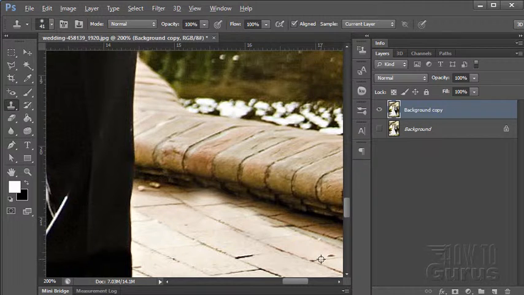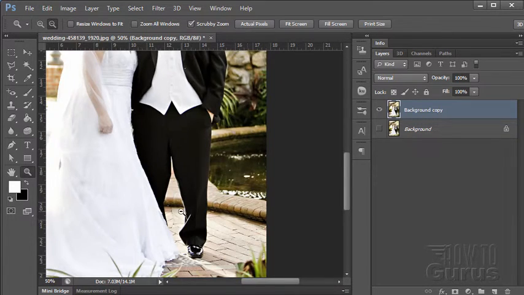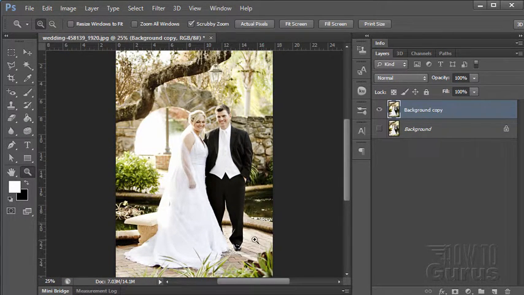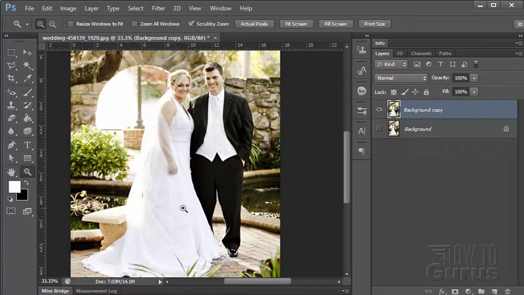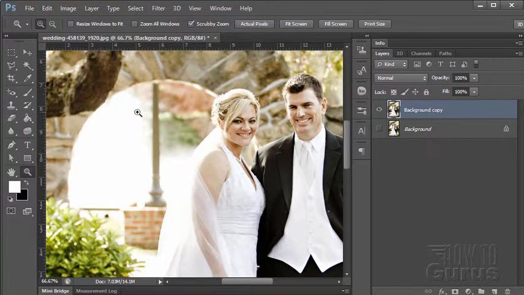It's real tricky when you're doing this kind of fix on an image like this where you have lines. You have to be careful to try to match all of your lines up in the perspective. There are ways of doing this a little more carefully using different tools, which I've covered in other training topics. I'm not going to bother with that here, using perspective tools and so forth. For this fix, I think that's going to be good enough. I don't think anybody's even going to look at that. See, once we back out, you'd never look down there. So that's good enough. Let's now go to the tricky part, and that's this big background hole where we want